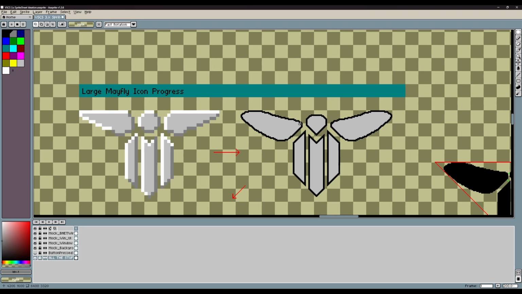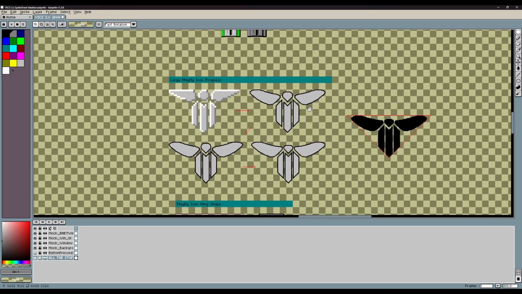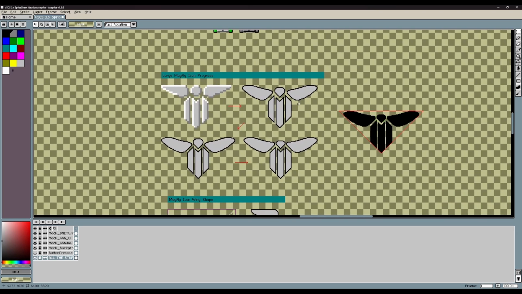Again, just tying into that idea of iteration, I wanted to show you the big faction icon, operating system icon of the game. I don't know if I've mentioned this in the last couple videos, but the hacked version of the VSCS-III, this is in-universe now, this is not a real operating system. The hacked version of the fictional VSCS-III is going to run an operating system called Mayfly OS, the Mayfly operating system.